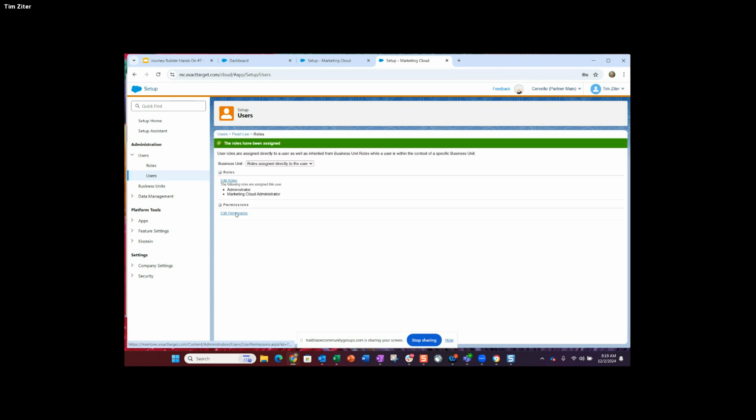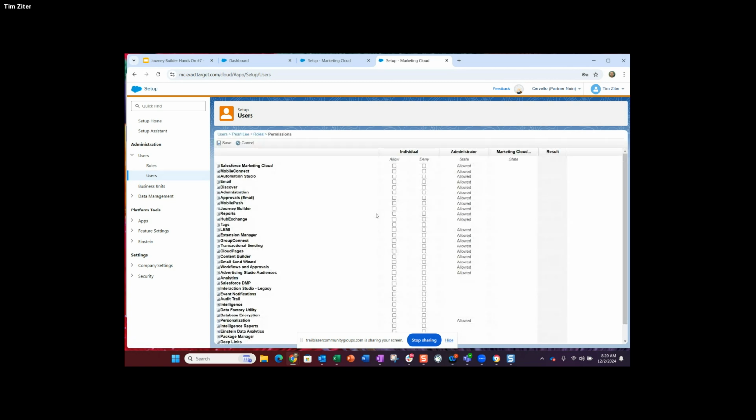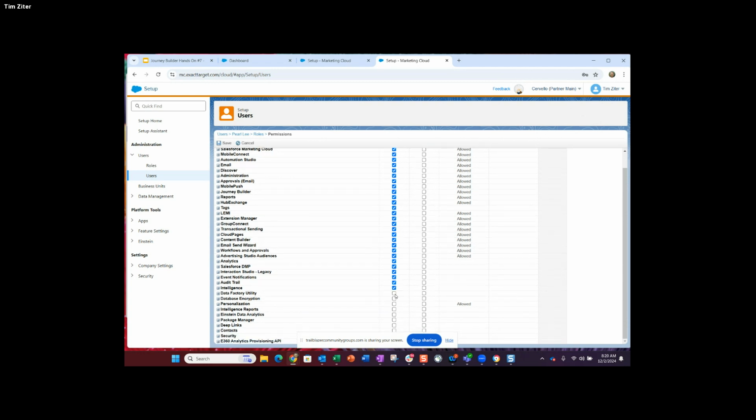And then I don't know if this is absolutely required, but I just typically like to check all these boxes just to be safe. Let's save.